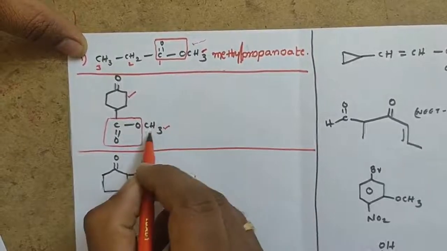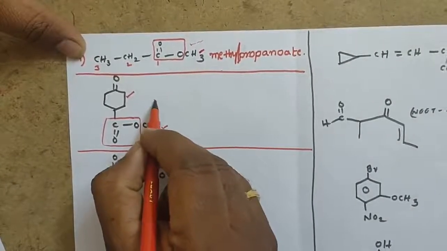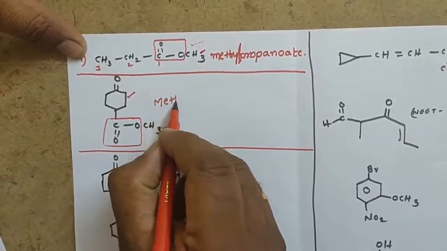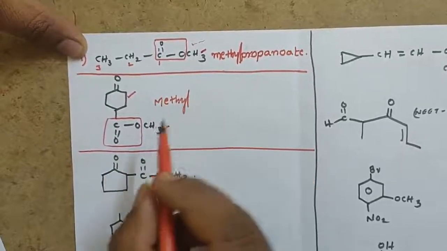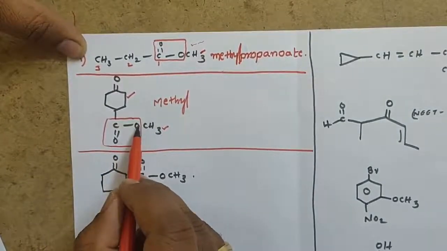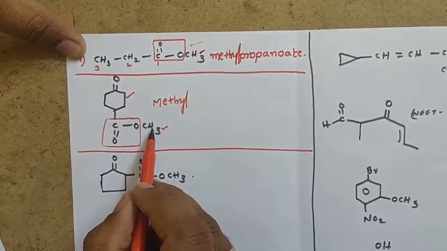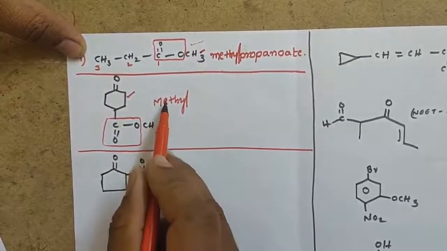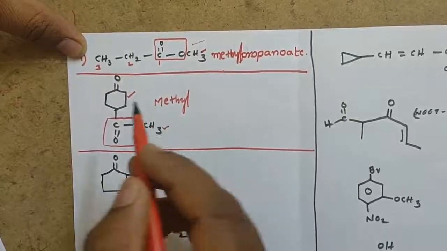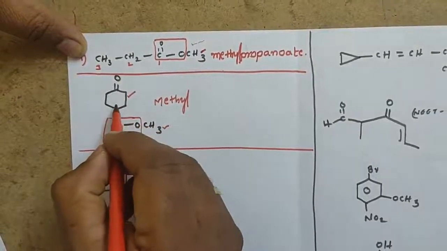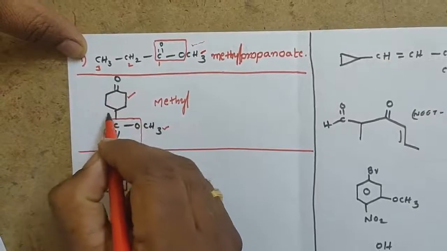That is called methyl. Always keep in mind, in an ester functional group, whichever side chain is next to O, you should start naming with that side chain, methyl, followed by